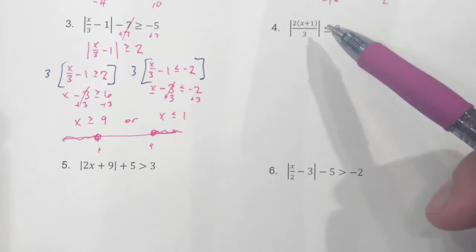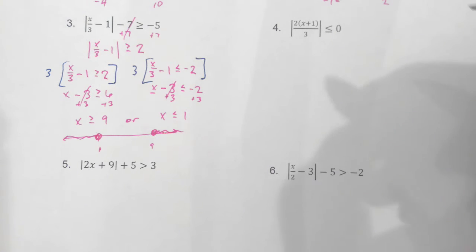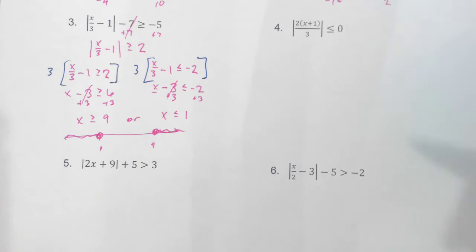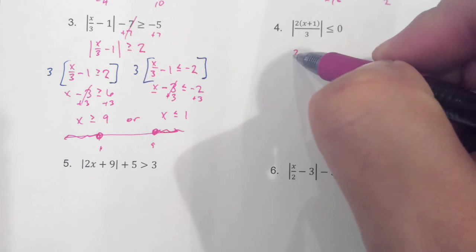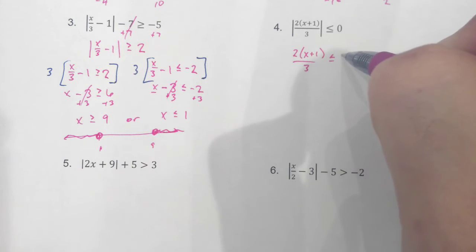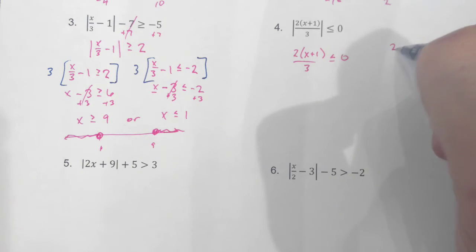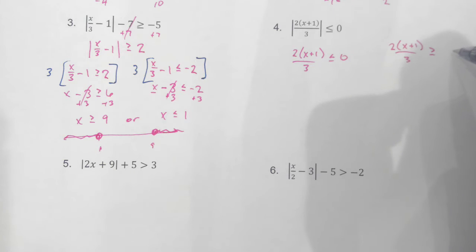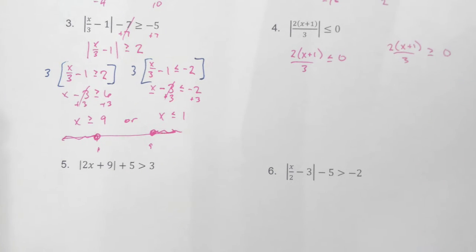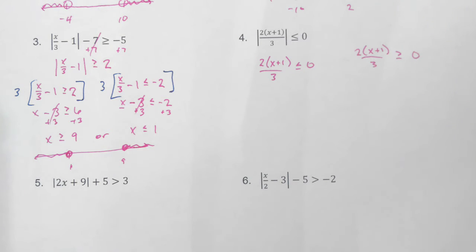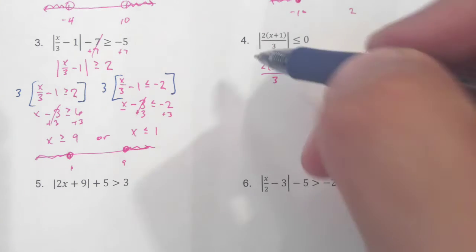All right, number 4, we've got less than or equal to 0. See what happens on this one. Absolute value is already isolated, so we can write our two inequalities. 2 times x plus 1 over 3 is less than or equal to 0. 2 times x plus 1 over 3 is greater than or equal to negative 0. Negative 0 is still 0, so it's the same, but notice the symbols are different,